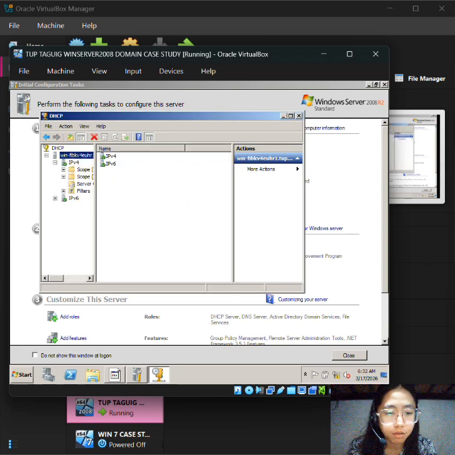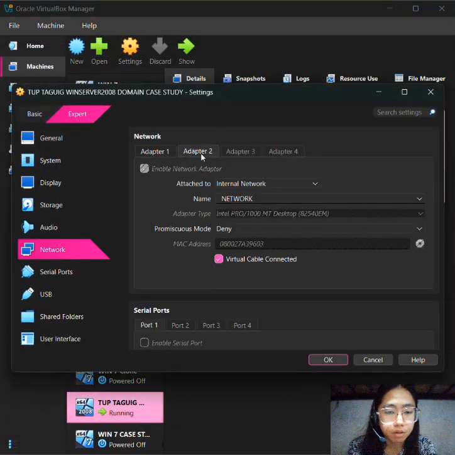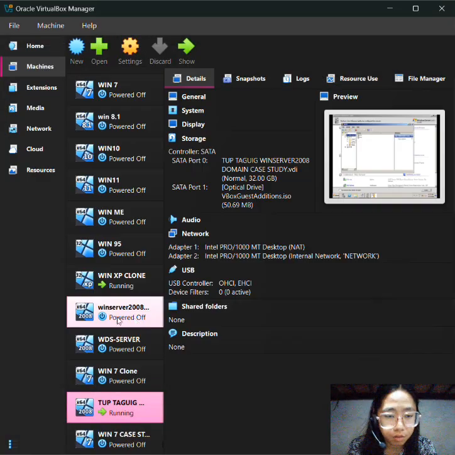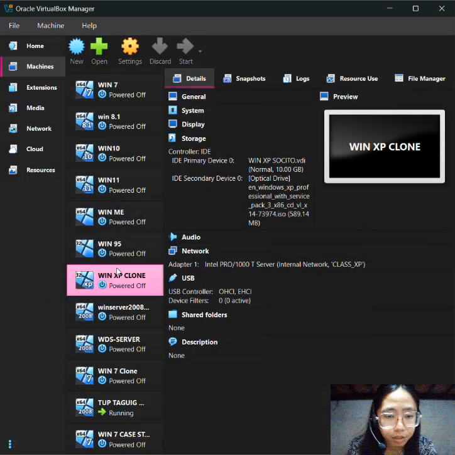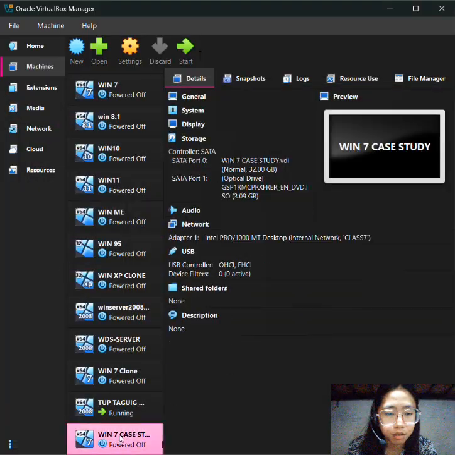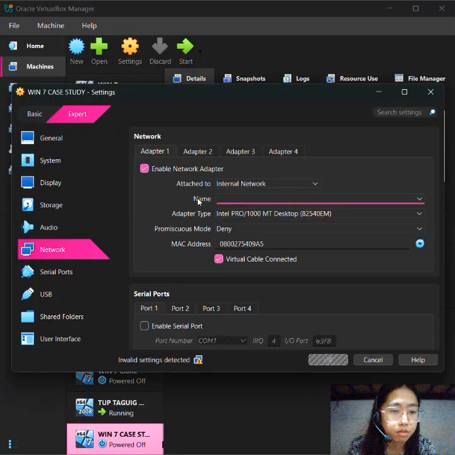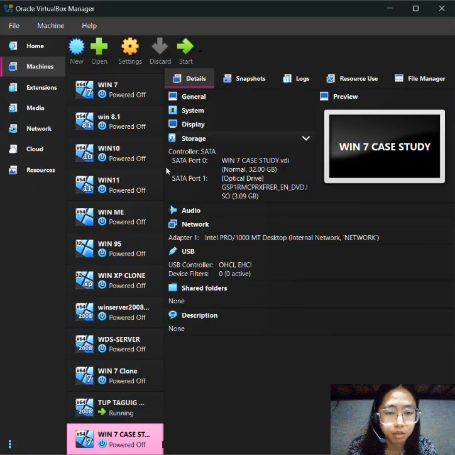Then now we have 2 scopes for this network, and then I will set up the XP. So for the network, I can change the network name so that it connects, and same as for the Win7 case study.